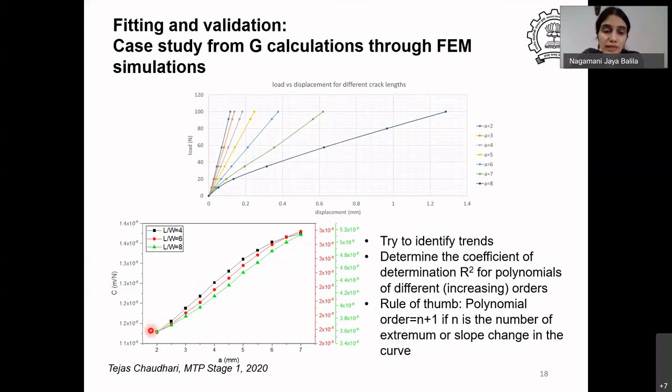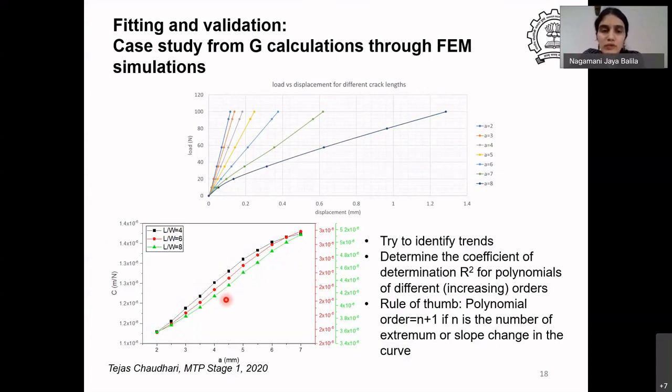Let's say, how many data points do I have? 1, 2, 3, 4, 5, 6, 7, 8, 9, 10, 11. So I can go to a 10th order polynomial and it will fit exactly. But that's not the way to do it, right? Because then I cannot capture any deviations in the data, and there are actually errors hidden in this data. So we should go for the lowest order polynomial, which makes physical sense as well.